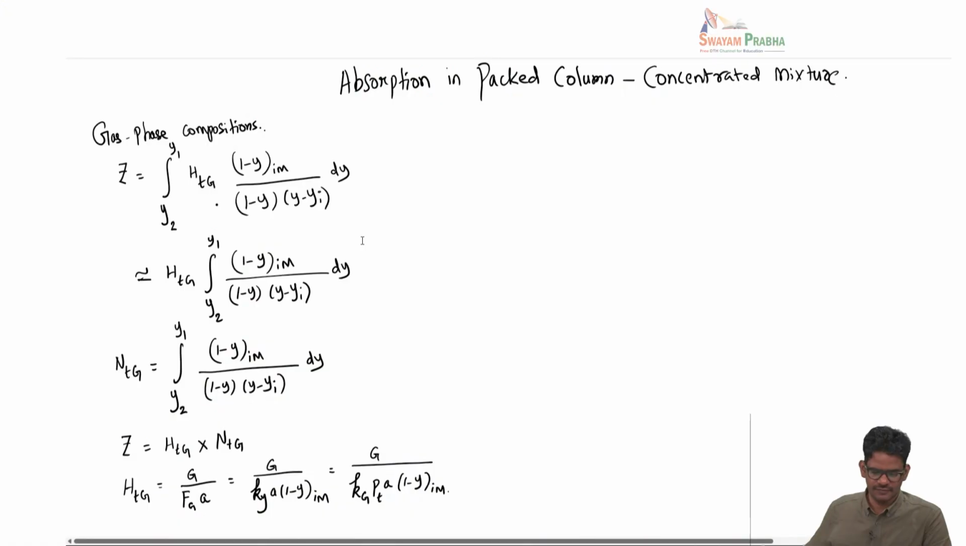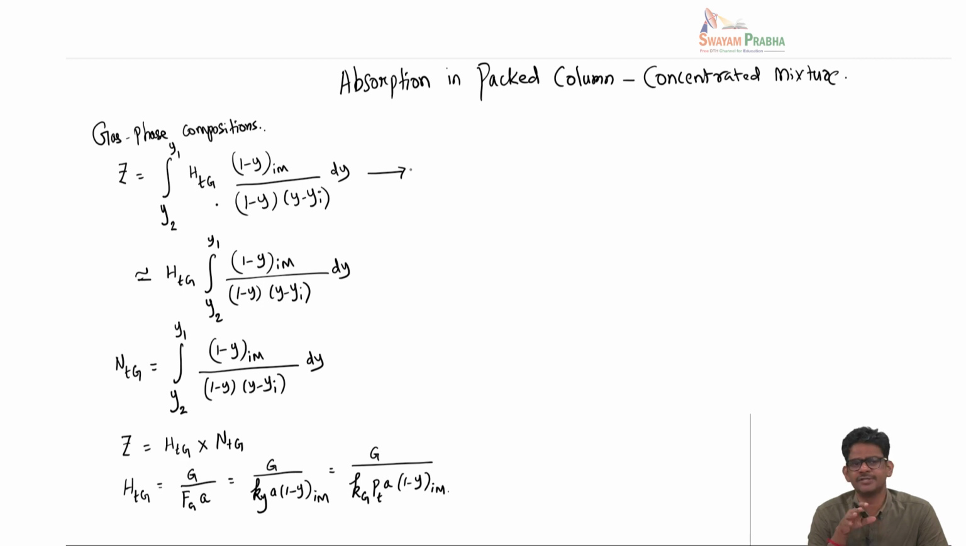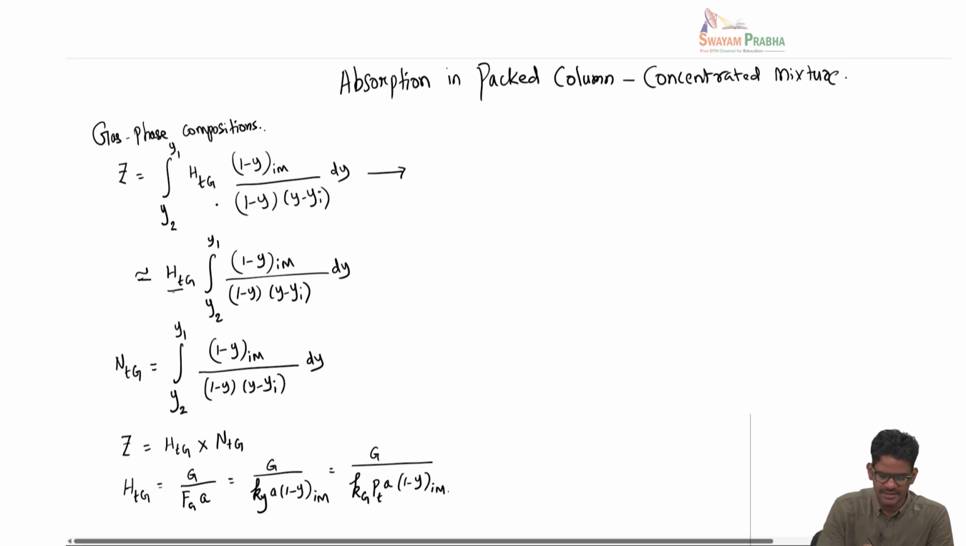So, in the last lecture, we were looking at the design of packed column for absorption related to concentrated mixtures. And when we dealt with gas phase compositions, we derived a set of equations. For example, this is what you will get for the height of the packed column. This expression basically splits into two parts, one that involves the height of a transfer unit, another one that involves the number